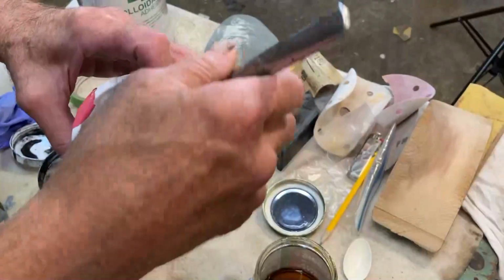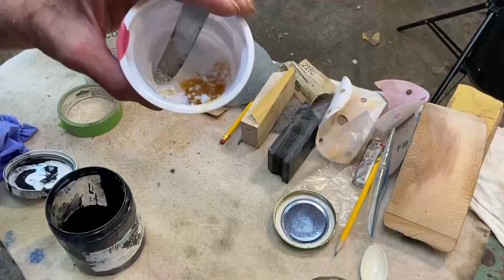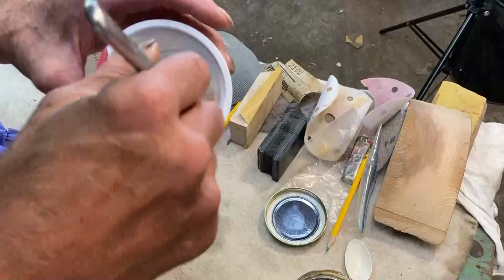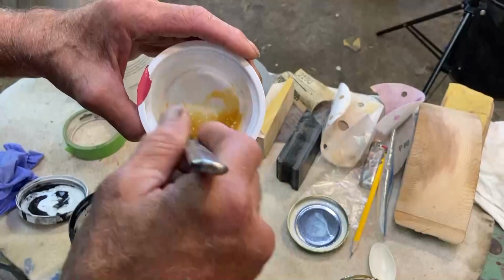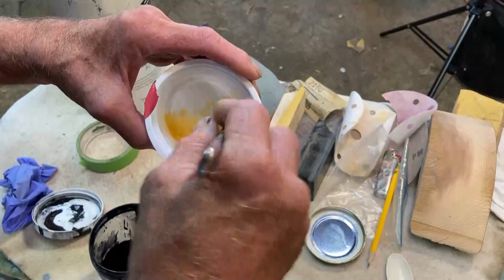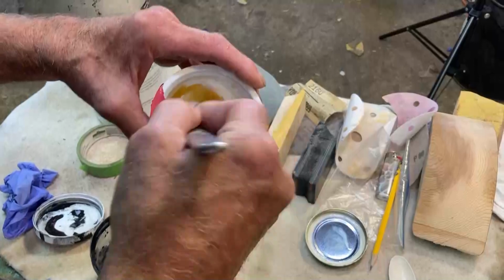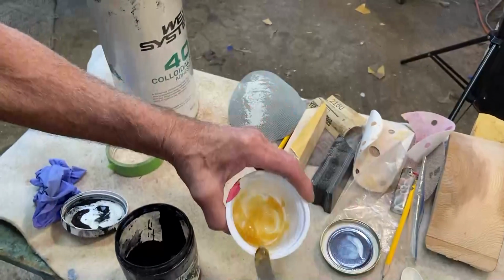Some more stuff. Whoops. Might be a little too much, but we'll see. I can always put more silica. I want to make a paste, like a wood filler. Well, no. A spackle. Make a nice spackle here. I put a little too much shellac in there, so let's...